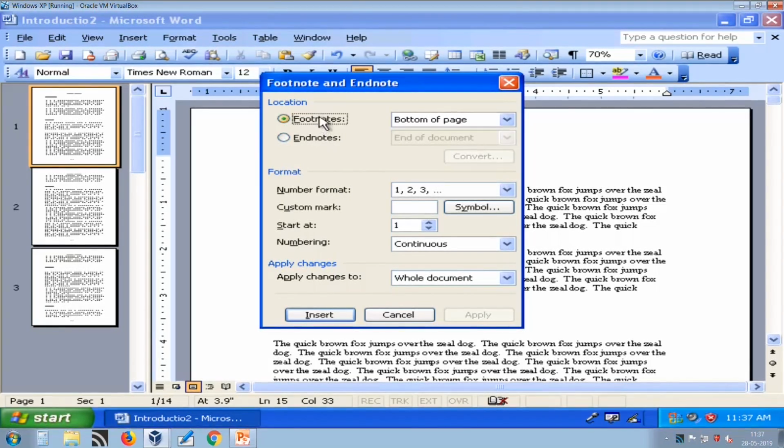And what is the difference between footnote and endnote? So, generally an endnote is displayed at the end of the document, that is why it is known as an endnote, and a footnote is generally displayed at the bottom of every page. So, we can say it is a footnote. So, here I want to display footnote. Here is a number format that you can provide, like bullet and numbering, to your footnote. So, here I want to use 1, 2, 3 only. You can also use a custom mark by inserting a symbol and choose from where you want to start your footnote, and we can use continuous numbering. So, here I am pressing insert.